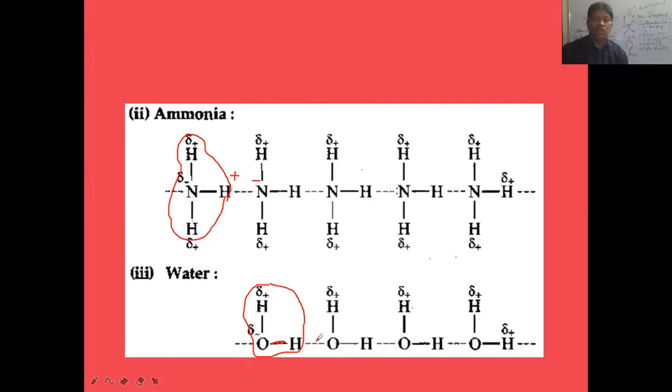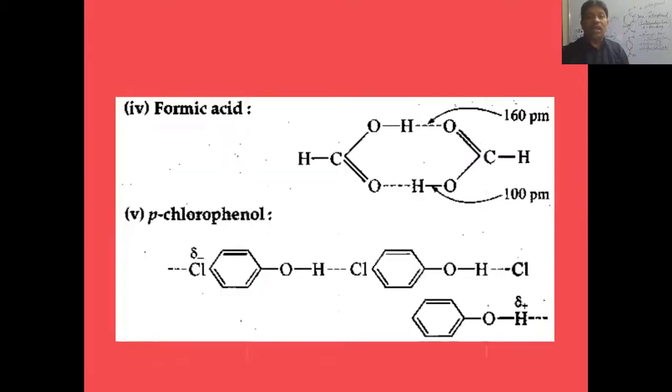Because of this hydrogen bonding, all the water molecules are associated to form the liquid state. Otherwise, H2O would be in the gaseous phase. If H2O were in the gaseous phase, we could not survive on the earth. If water were not in the liquid state, no living thing could exist here. Is that clear? So like this, hydrogen bonding is helpful for the survival of living things on the earth.